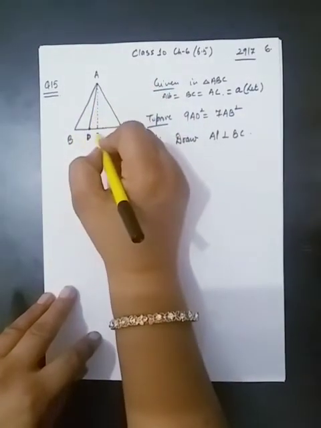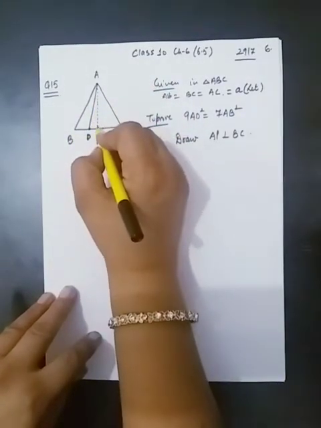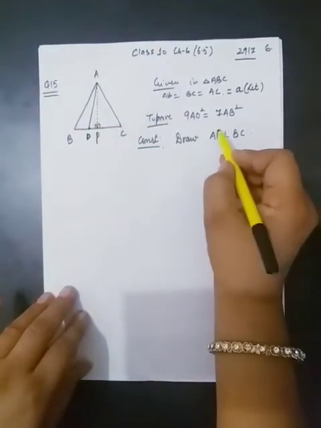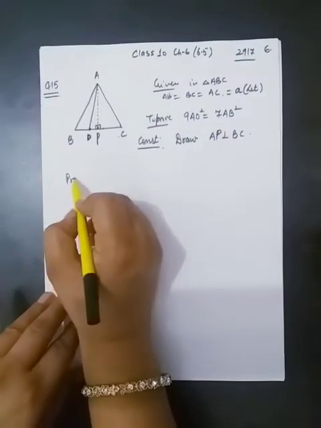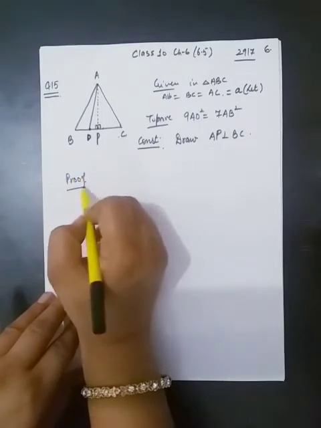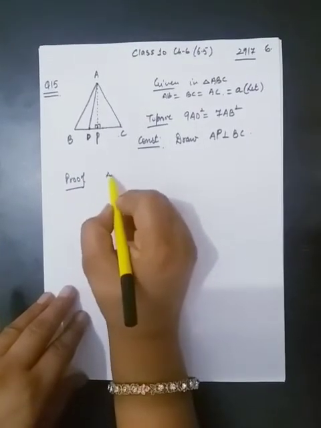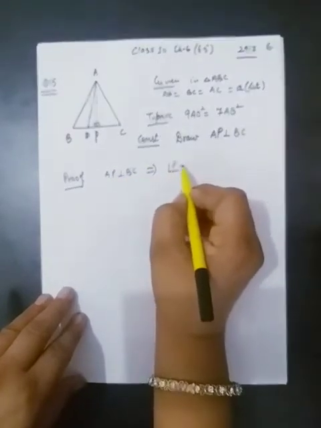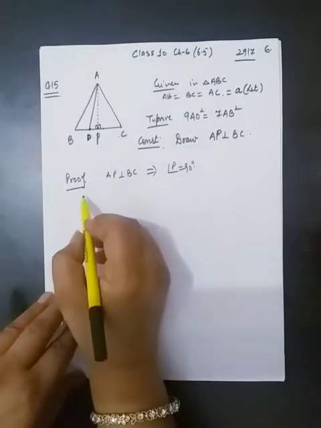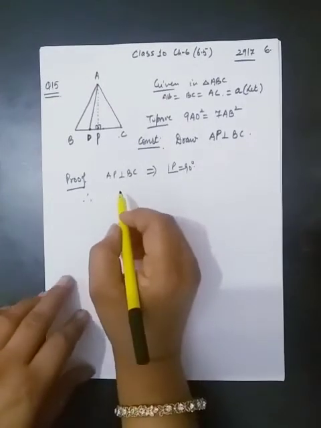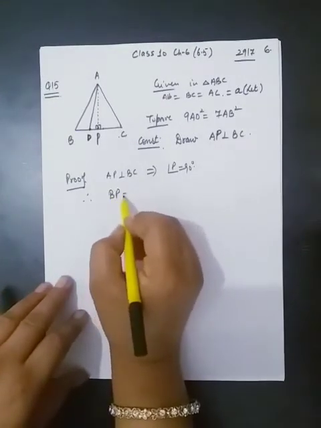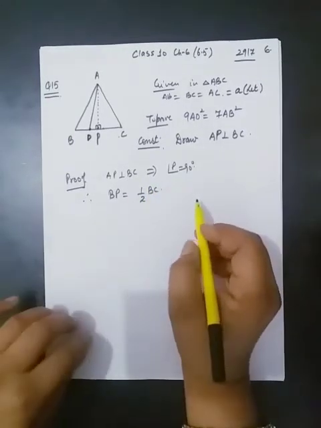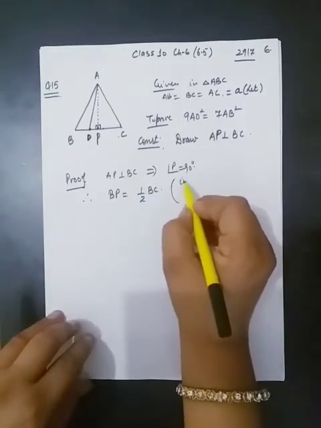This is point D and this is point P. Proof: AP is perpendicular to BC. This gives angle P is equal to 90 degrees. Therefore BP is equal to 1/2 of BC, because by the property of equilateral triangle we can write here, in equilateral triangle,